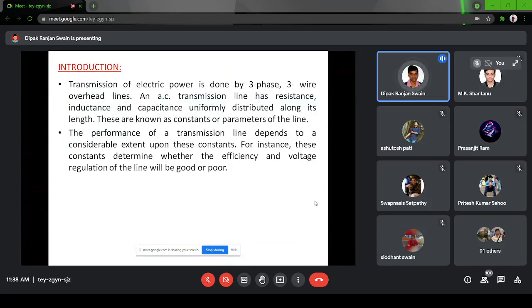So there are two ways of using those parameters. One is called the lumped parameter. Lumped parameter means you calculate the total resistance of the transmission line, what is the total inductance, and what is the total capacitance, and you use them in the equivalent circuit as a single value, as you have done in case of DC motor. The total resistance is written as Ra, but that is not a single resistance. They are connected in series and parallel.